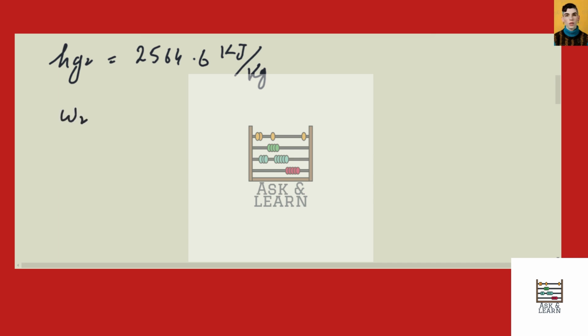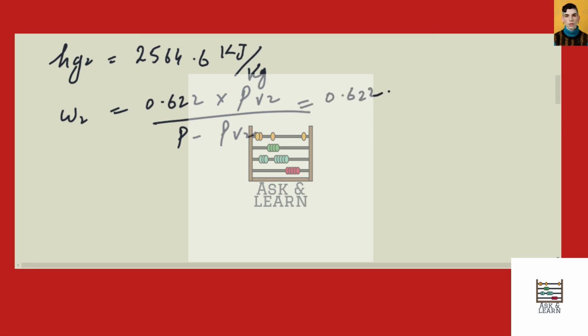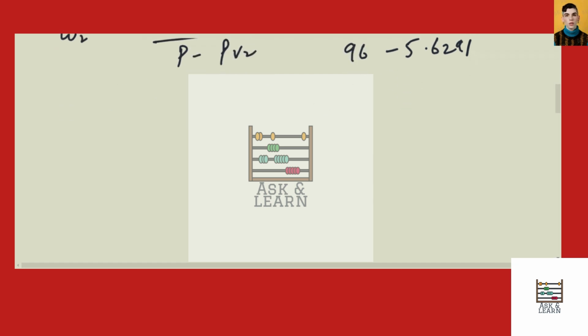Then we have W2 is equal to 0.622 multiplied by PV2 divided by P minus PV2, and it's 0.622 multiplied by 5.6291 divided by 96 minus 5.6291. So guys, W2 is equal to